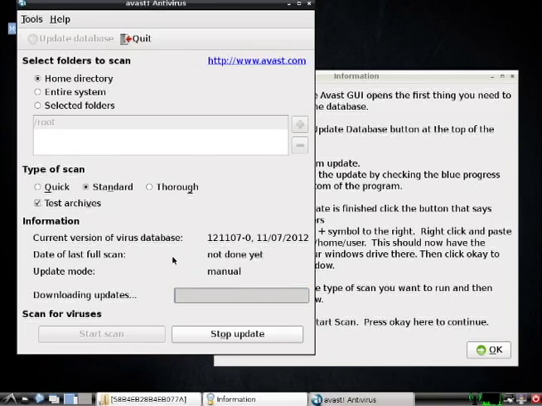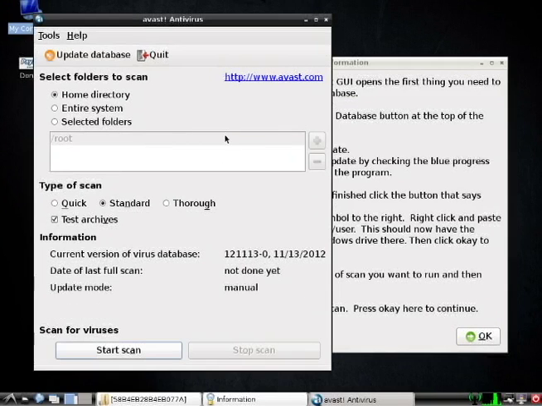And depending on your internet speed, it could take a little while for this to download. It's a fairly large file, and they're slow servers, so it can take a little while to download just depending on your internet speed. So I'm going to pause this video while this is downloading and then pick it up once it's done. Okay, now that the virus database has been updated,